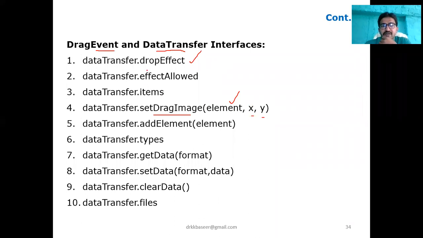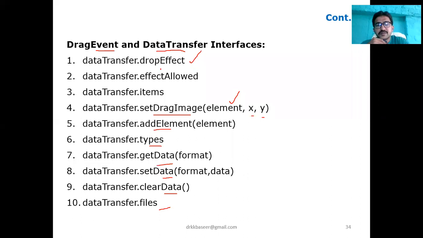And we can add an element once you drop it. And types, getData, setData, clearData, files. These are some of the data events and data transfer interfaces. So at least one or two or three, please try to remember that.